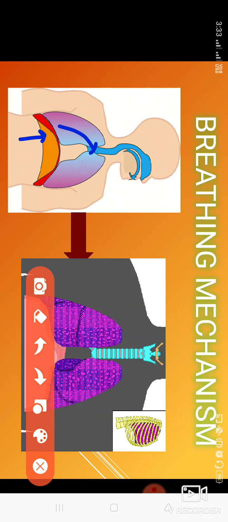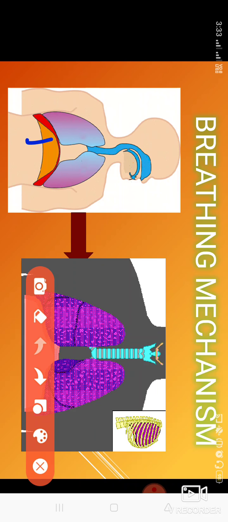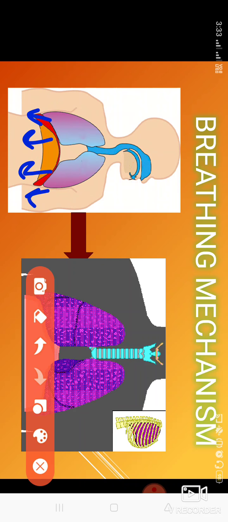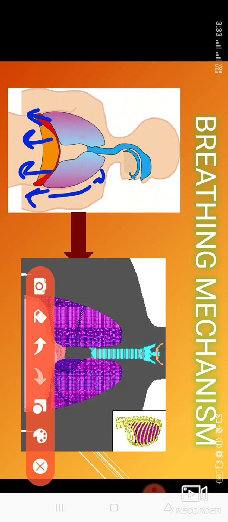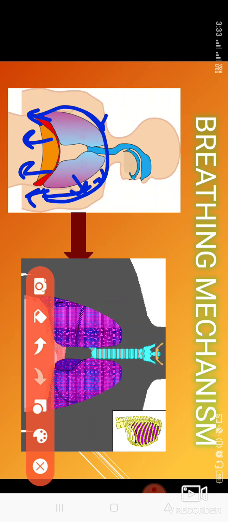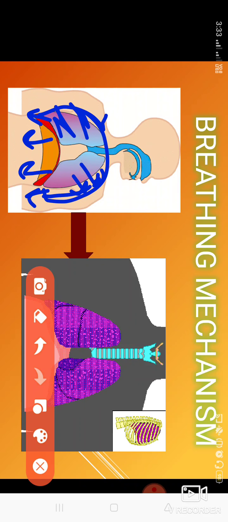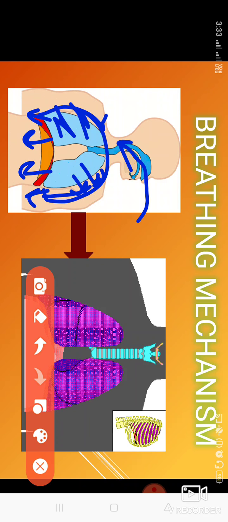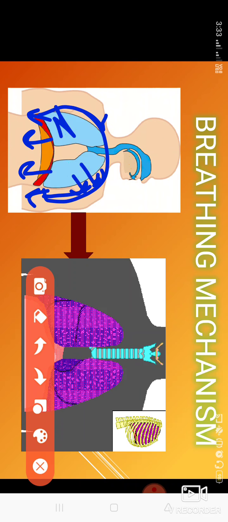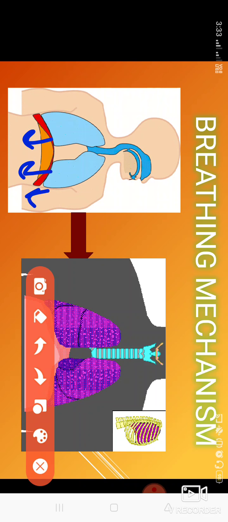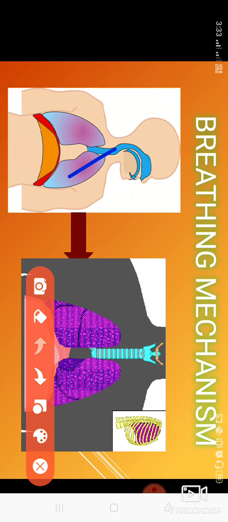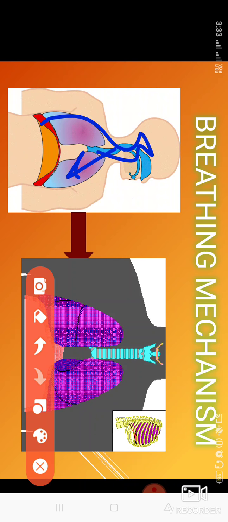In the second process, the diaphragm is moving outside. When the diaphragm is moving outside and the rib muscles come to their original position, then the space in the chest cavity increases and the lungs again swell up. In this process the air is taken inside the lungs. So these two processes happen continuously, and during inhalation and exhalation, oxygen is brought into the lungs and carbon dioxide is released through the lungs.